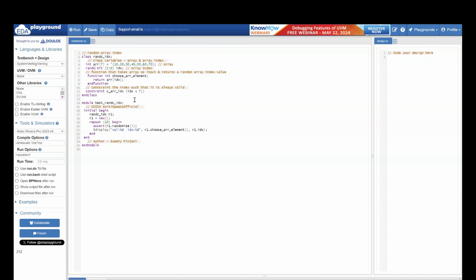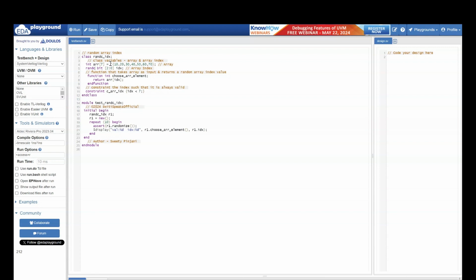Now, let us create a module to test this class. I have a test randC index in which I have an initial block. In this, I am creating an object of class randC index. I am randomizing this object 10 times.